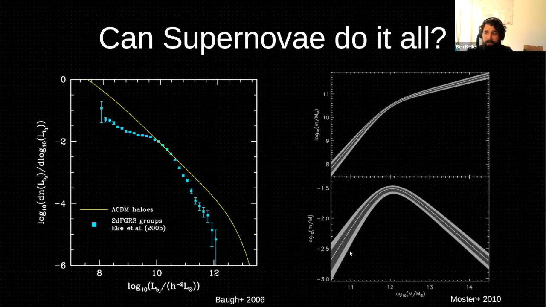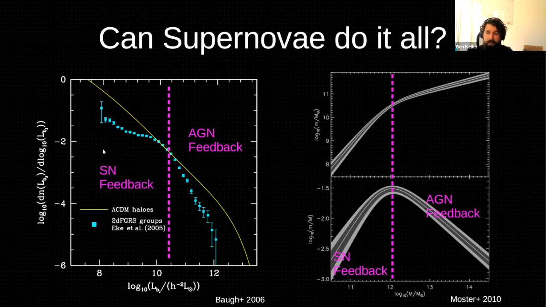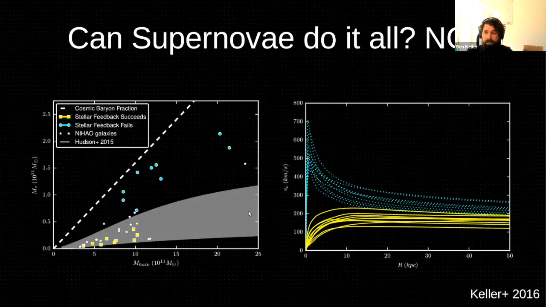The standard explanation for this is, well, at low mass, supernova feedback regulates galaxy formation, but at high mass, AGN feedback regulates galaxy formation. Now, if this was some other physical process, then we wouldn't need an AGN model. We would be able to model our galaxies only with a supernova feedback model and still reproduce these features, this turnover in the stellar mass to halo mass relation. But we find we can't reproduce these features, which is good evidence that this canonical picture of supernova regulating low mass galaxies and AGN regulating high mass galaxies is correct.